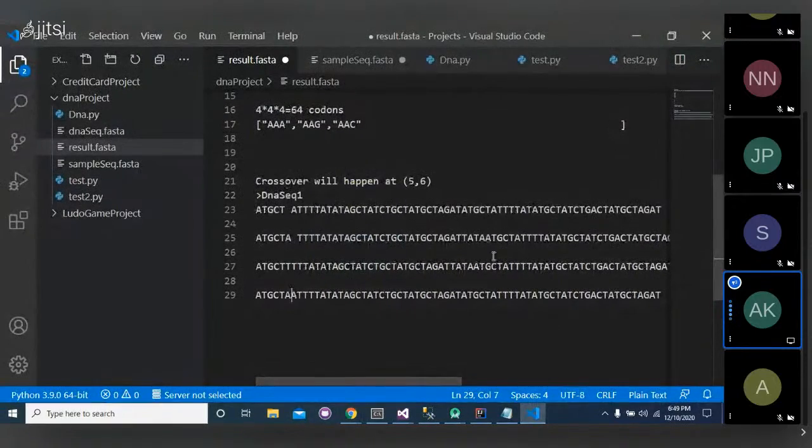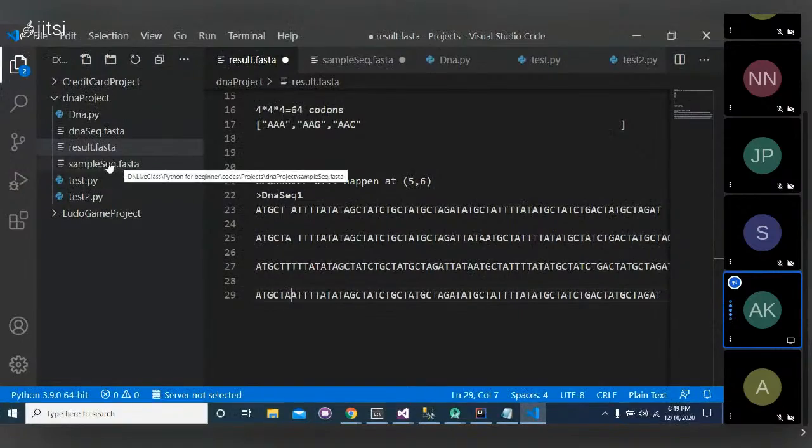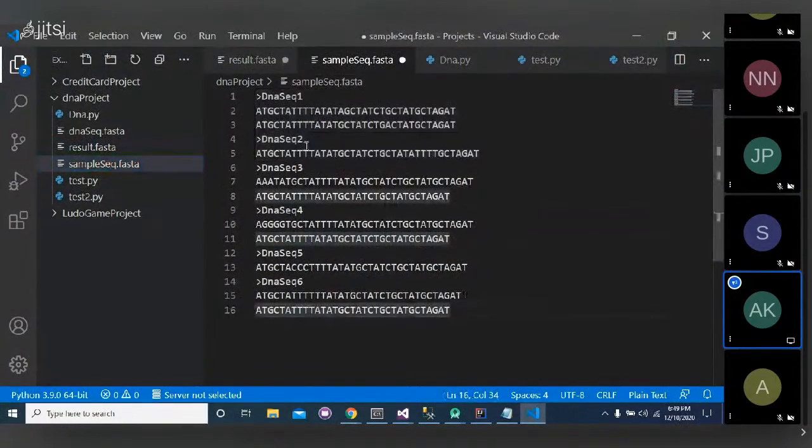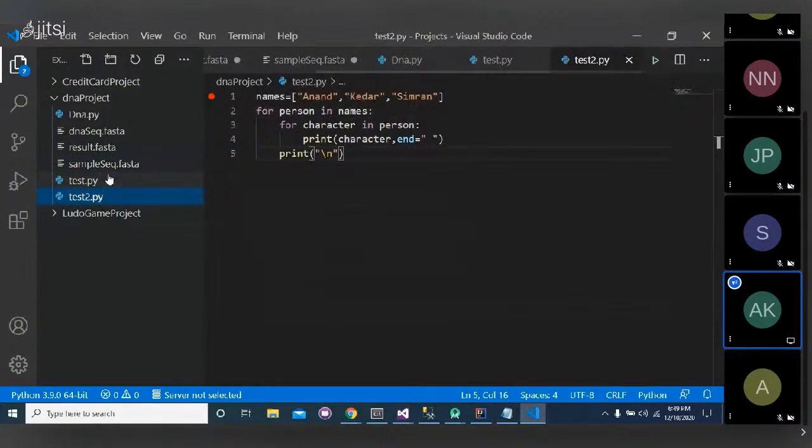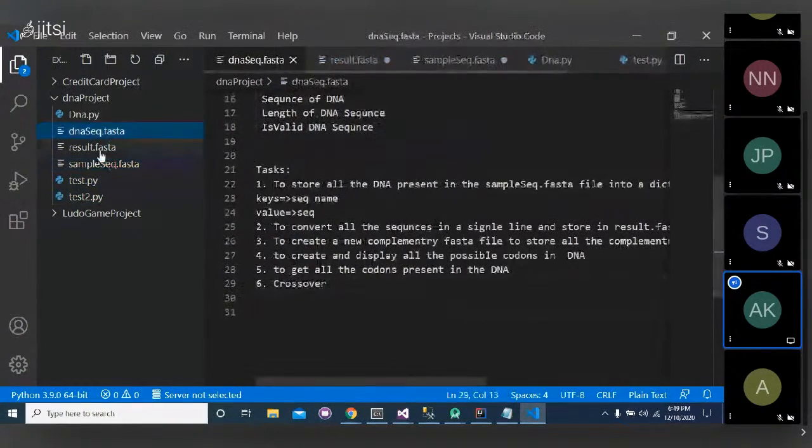So you need to also perform the crossover. Suppose that we have 5 DNA sequences. You need to perform the crossover between all of them. In every case, the crossover will happen at 5 6. So your fourth task is to perform crossover